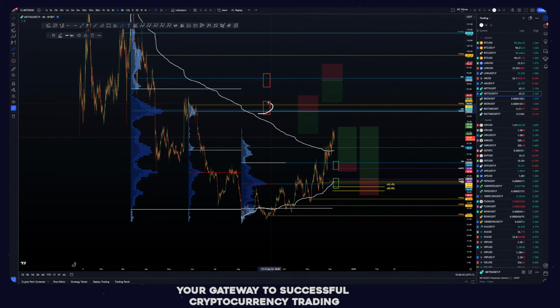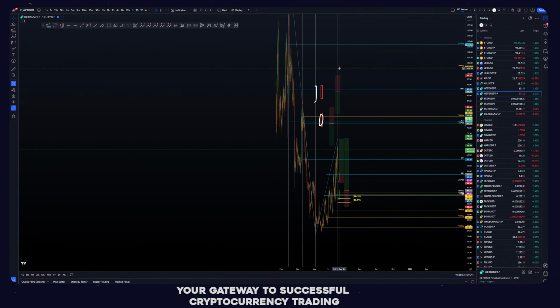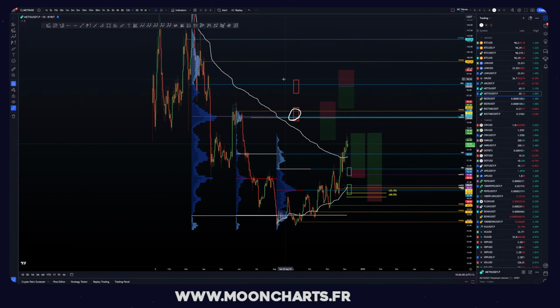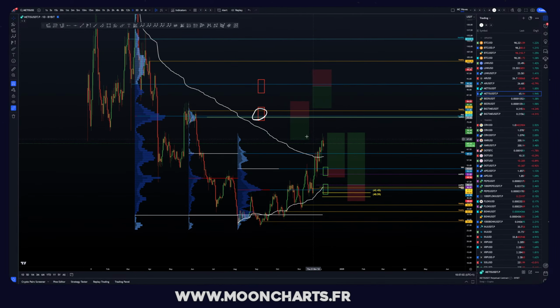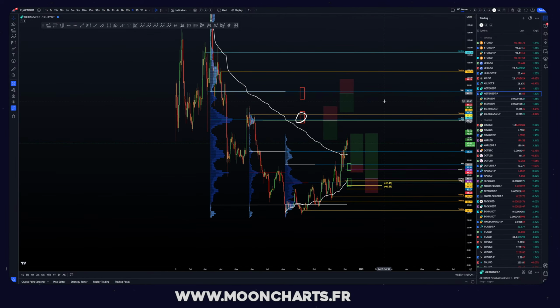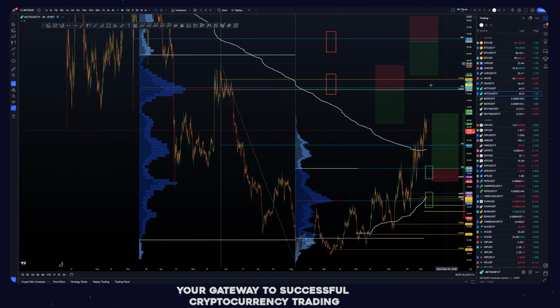So yeah, this is a very big target. Next, if you do break this, you can look for this value high. It's on your daily time frame, so it will be more this value high, by the way, above here. So first target, first resistance is around $77. If you do break this, we can look for 92. If you do break 92, it is very likely going to go for a new all-time high. As simple as that.